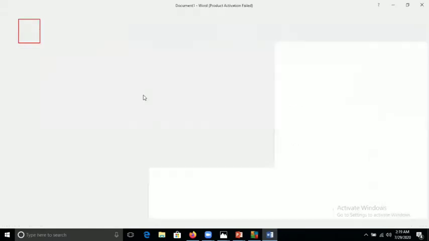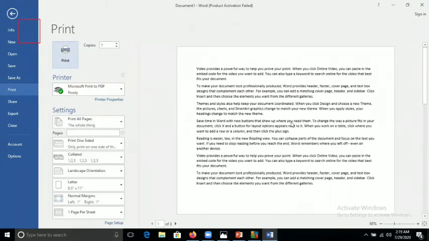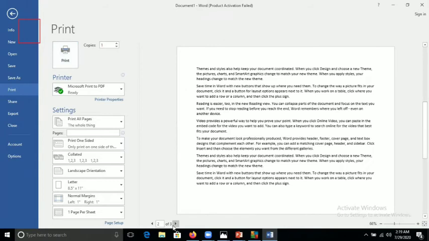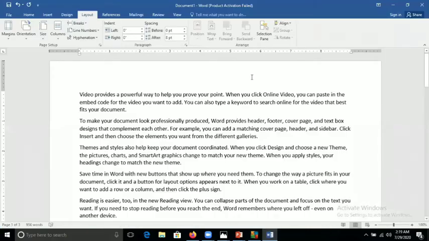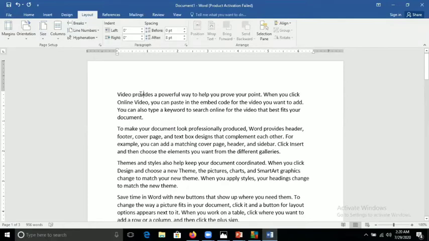I can see the print preview also. See this one. This is my first page. This is my second. And this one is my third page. So this is called orientation. Basically there are two types of orientation, portrait and landscape. According to our requirement, we can change it, but the default one is portrait. Clear? You can see your book also, your book is always in portrait form.